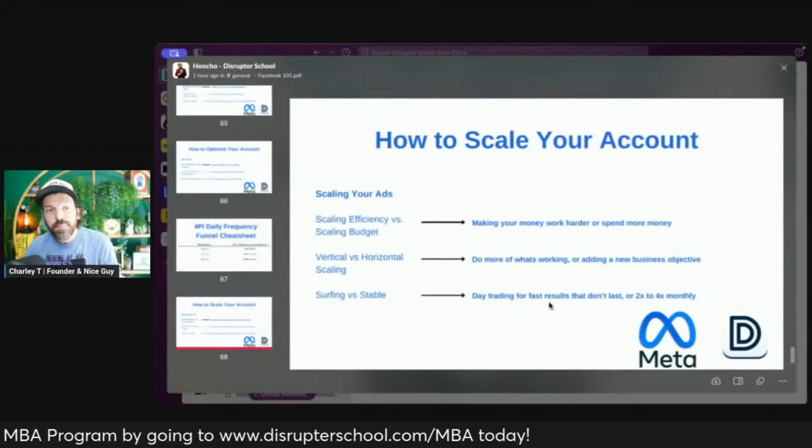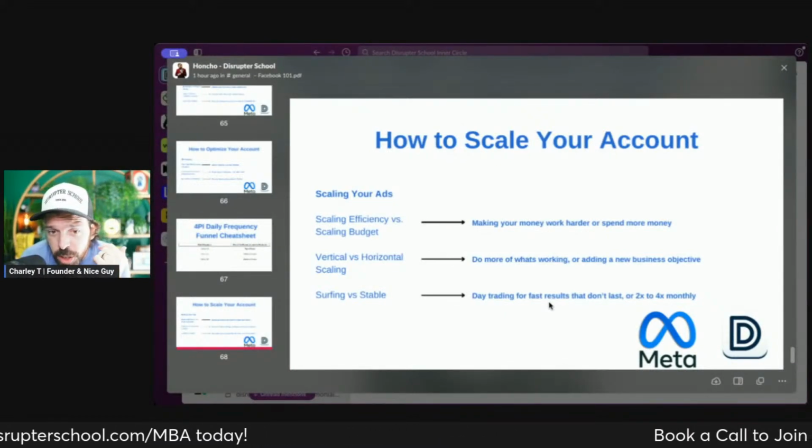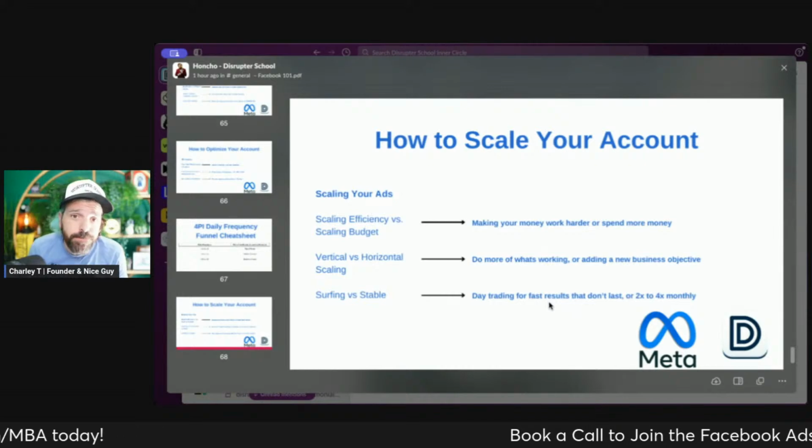Anyway, scaling your ad account. Let's get to it. The first thing we need to know is, are you going to scale your efficiency or your budget? Now,